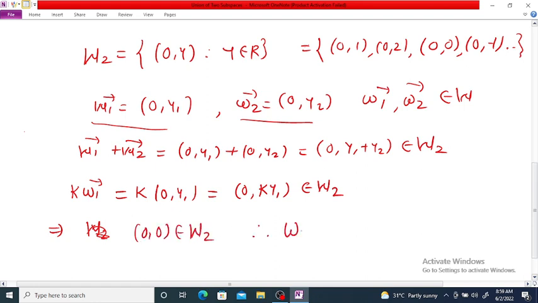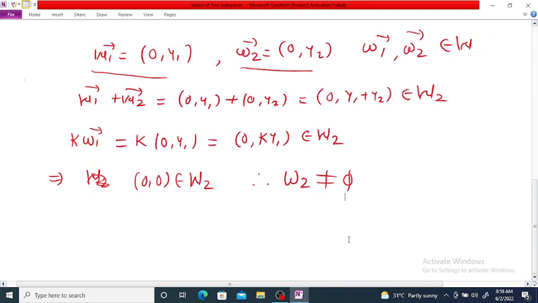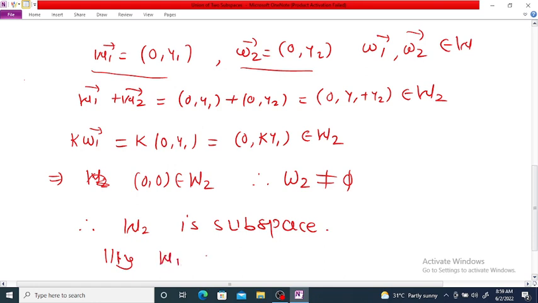Therefore W2 is a subspace. Similarly you can show that W1 is also a subspace